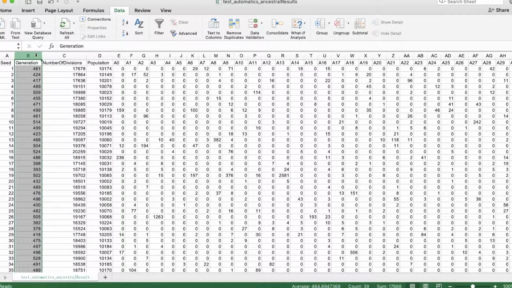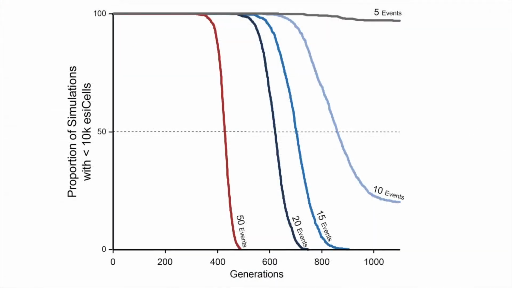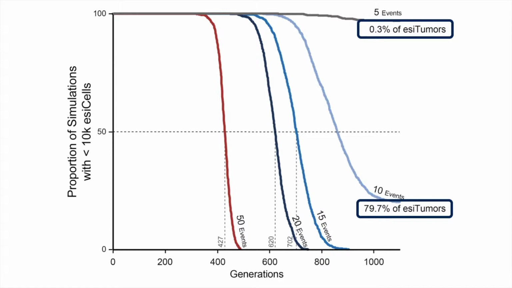The generation in which a stop condition is reached for each seed can be used to construct a Kaplan-Meier-like plot in which a large number of runs are presented in a form that can be easily recognized by cancer biology. Here we show runs with different events per division rates. An increase in the event load from 5 to 10 events per division increases the proportion of runs that develop easy tumors. Further increase in the event rate reduces the number of generations required for 50% of the runs to